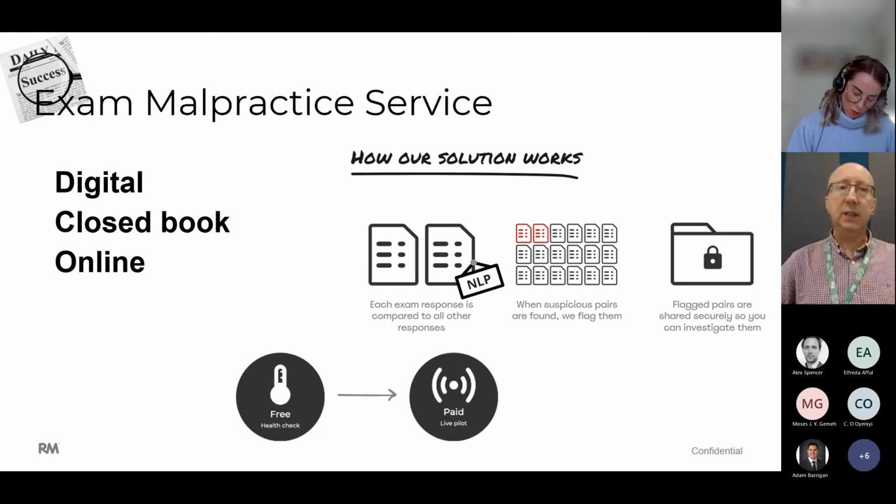And the organisations that we've worked with around this type of collusion detection have been amazed to find the level of cheating that's going on, and more importantly, they've been delighted with the evidence that we've been able to provide them with to be able to act on that, to be able to improve the integrity of their qualifications. And that will continue to be another area that we develop and work on, how we can extend that capability